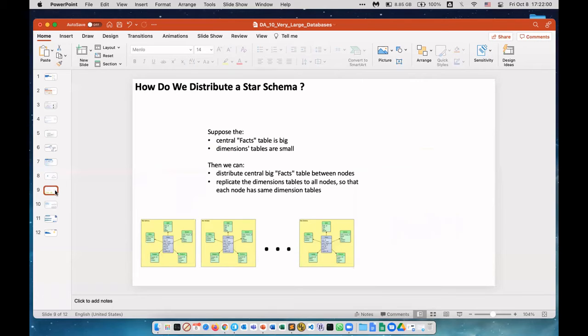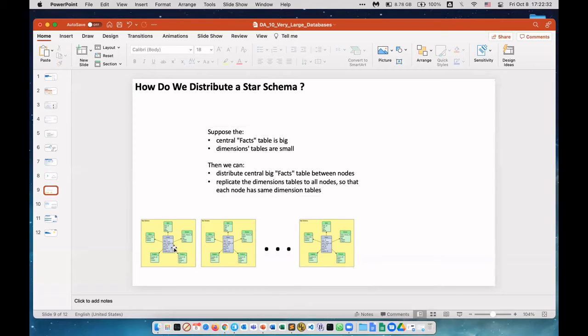Okay, different topic. Suppose you have a star schema, and the central fact table is very big, and dimensions are small. Then you can distribute the central table between many nodes, and you can replicate, mirror the dimensions, so dimensions are the same in all the nodes.